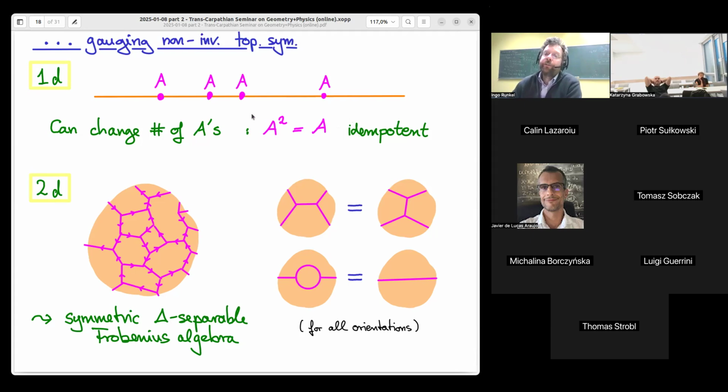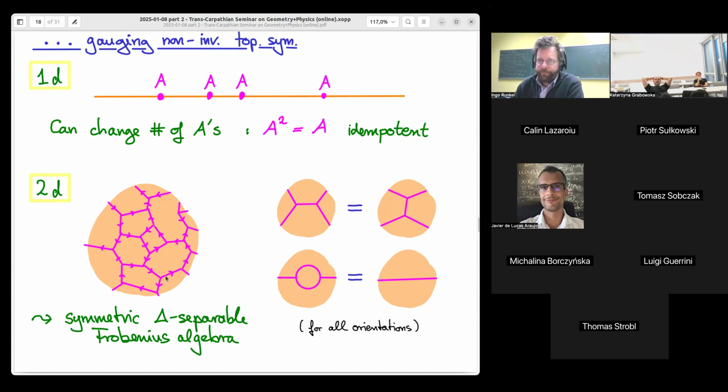Okay, 2 dimensions more interesting. There my foam now consists of lines which are connected by, in my convention, 3-valent junctions. And I have to be able to change one such foam into any other foam, and it turns out I can do this by 2 local moves. Well, actually many local moves because they have to work for all orientations, but of 2 types. One is this fusion move, which reconnects my graph locally in this fashion. And the other is the bubble move, which allows me to emit such a defect bubble.